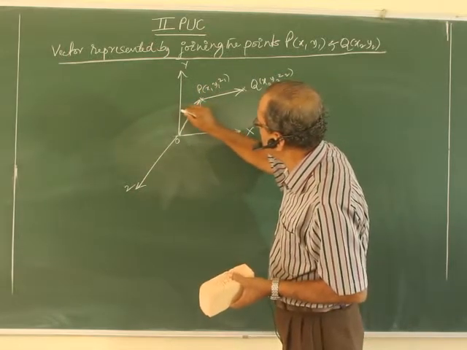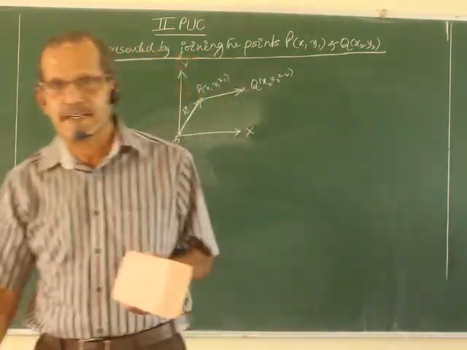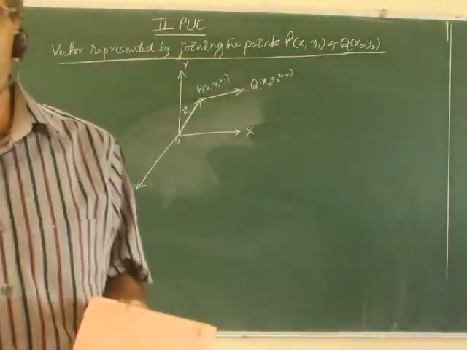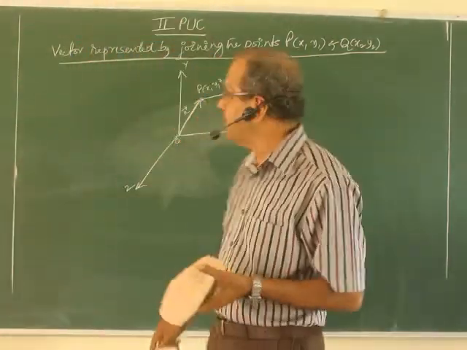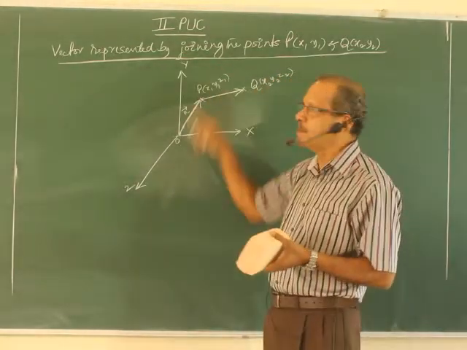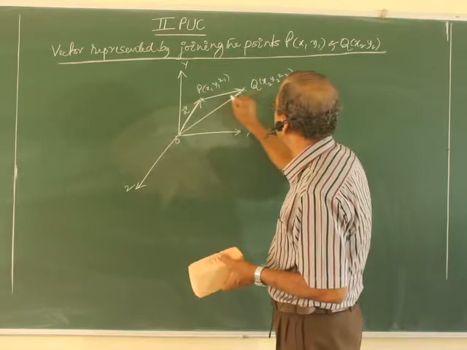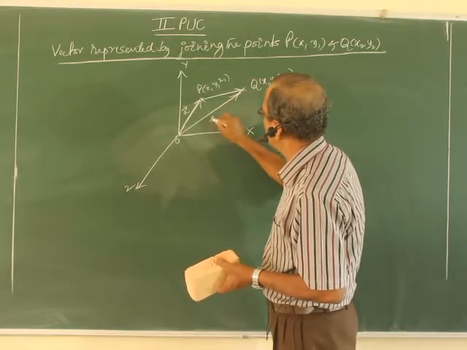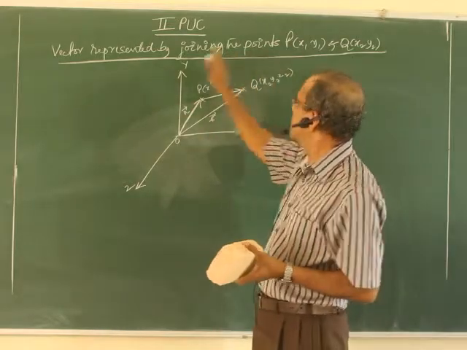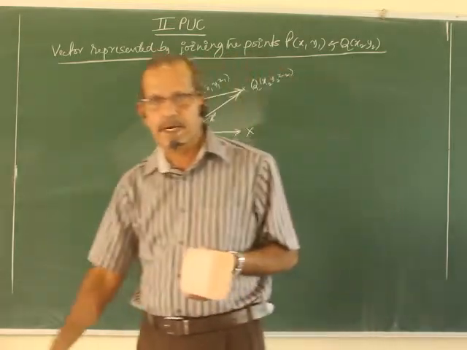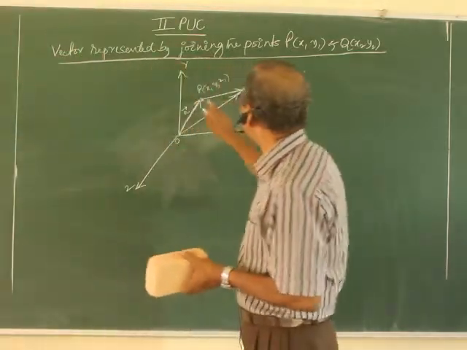For every given point, there exists a vector called the position vector. Whichever point is given, it is a vector, and the position vector of that point is OP. Here Q is given, remember, OQ is the vector given. So whenever 2 points are given, 2 position vectors are given. Now the question is, what about the vector PQ?